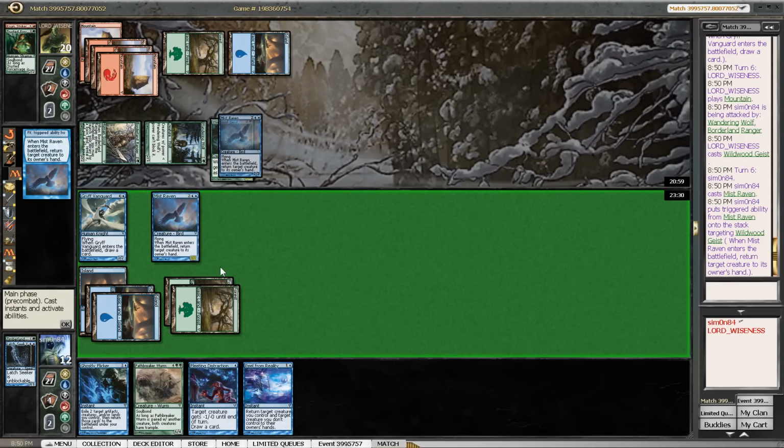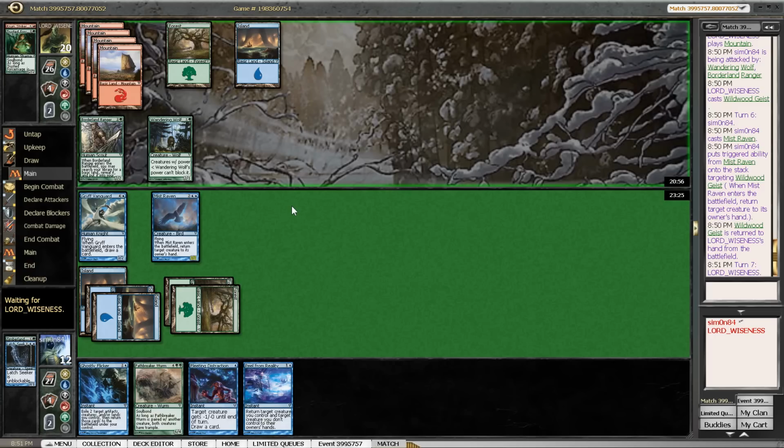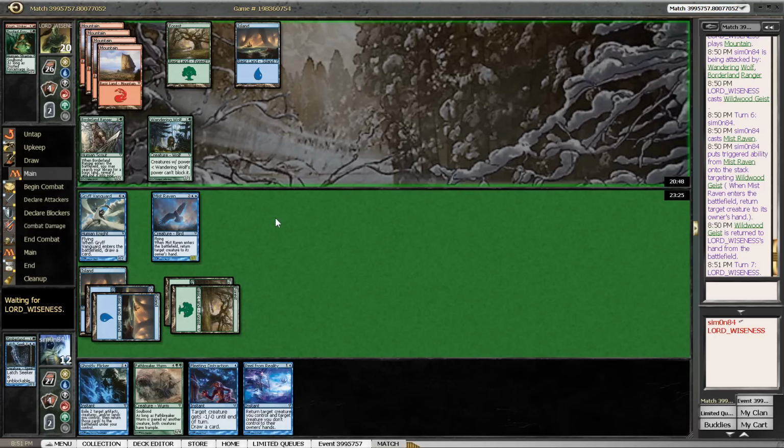Bounce this guy, and we would like to get in for 3, but I'm kind of scared of him getting rid of the Mistraven, and then I would have dealt 3 but taken 4 and wasted my chance to use Fleeting Distraction. This might be too defensive, but I'm feeling quite good about how this game is going, so